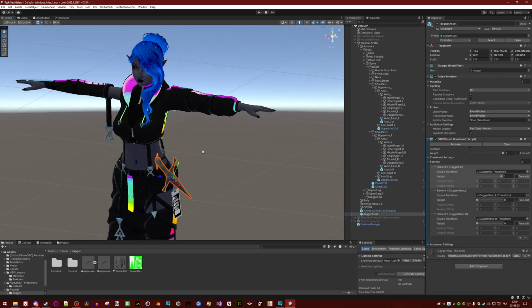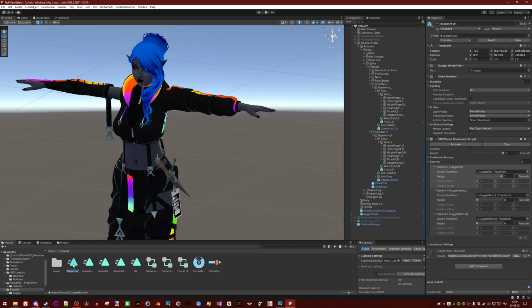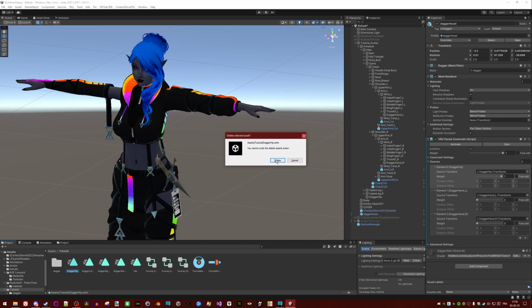Now the animations. The animations that, as you can see, I already did, but I will redo one and show you the other two. Let's delete dagger hip, and I will do it.